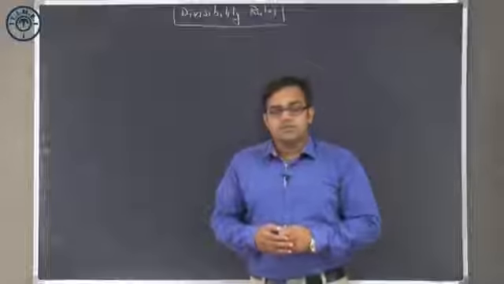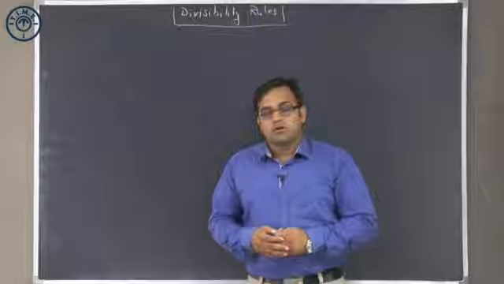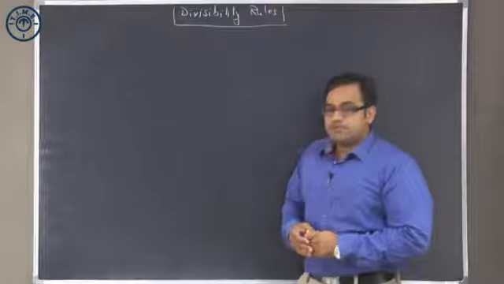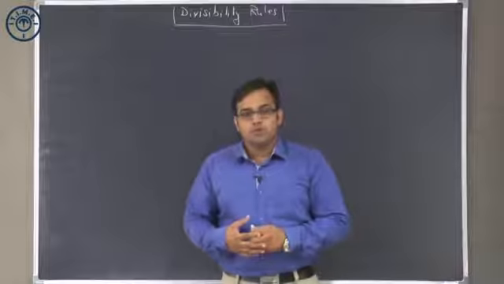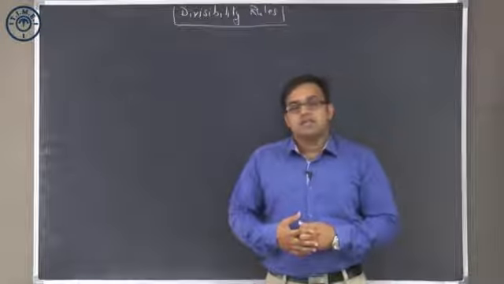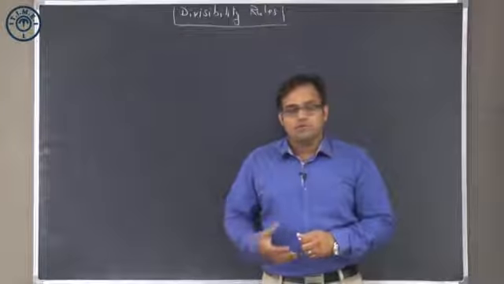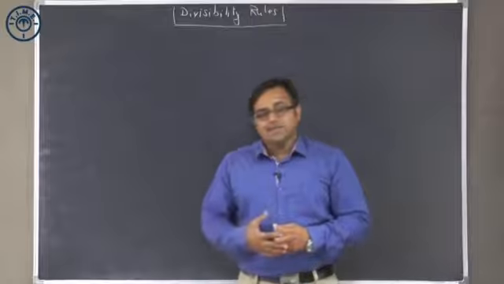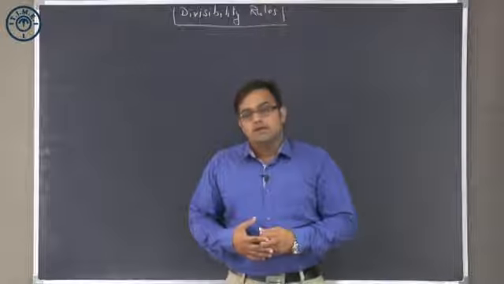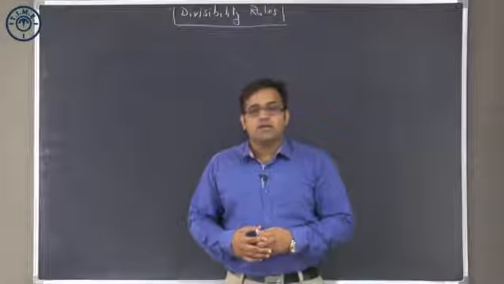Hello friends, in this session we will discuss the rules of divisibility for the natural numbers. First things first, let's look at the rules of divisibility for 2. As we know, any number is divisible by 2 if its last digit is either 2, 4, 6, 8 or 0. Alternately, I can say that for any number, if the number formed by last one digit is divisible by 2, then the entire number is